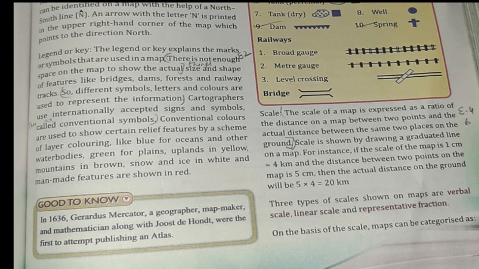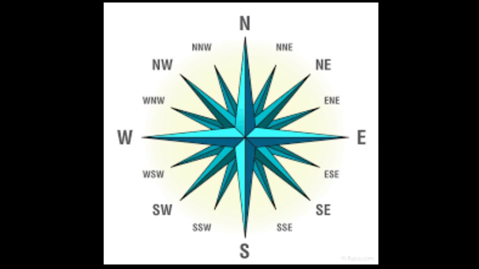First of all, title. The title is the name of a map that generally explains its main purpose. It is written in large letters as a heading on the top. Then directions. The four main compass points are also called cardinal directions, which are north, south, east and west. There are also intercardinal directions situated between two consecutive cardinal points.